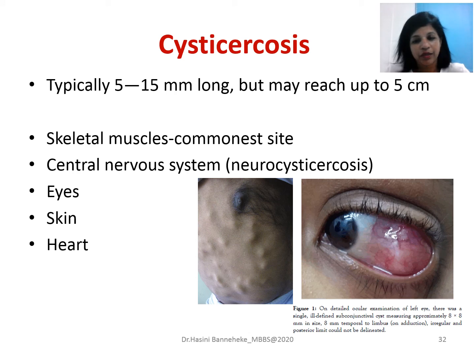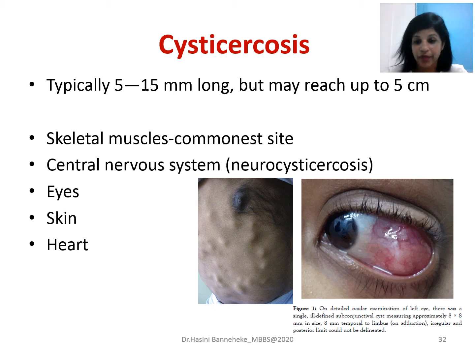So typically the size of these cysts may vary from half a centimeter to 1.5 centimeters, or it can even reach up to the size of 5 centimeters. And generally the skeletal muscles are the commonest site to locate these cysticercosis infections. And central nervous system infection is called neurocysticercosis, and that is of course very important because it can cause